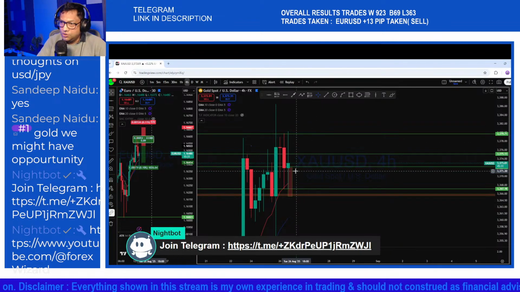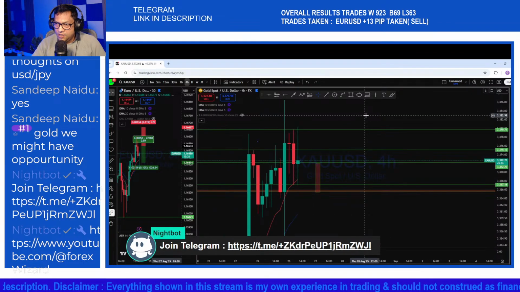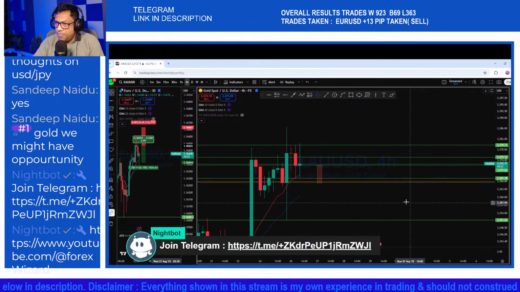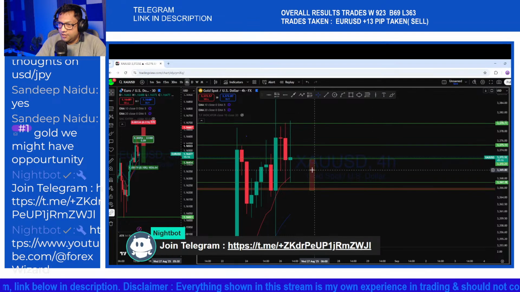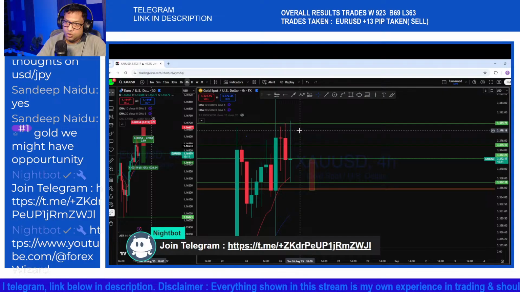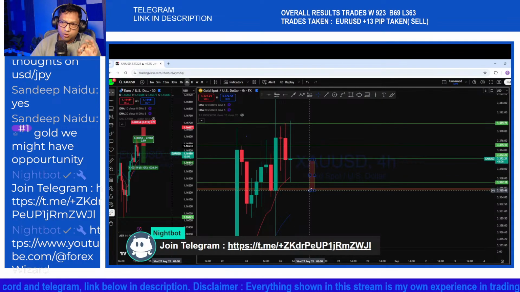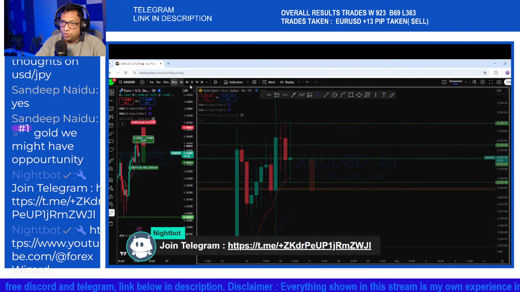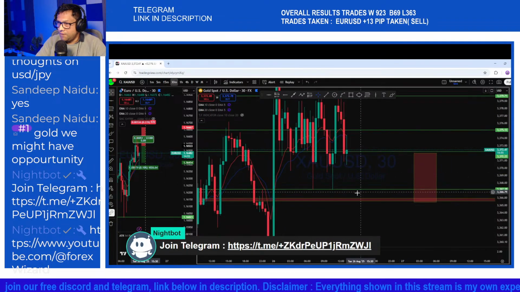Okay, so the 4-hour close. This is the 4-hour candle, which is potentially closing as a doji. And if it is closing as a doji, most likely you'll see the market again revert back below. Now, before this 4-hour candle close, if the market comes to that support that we are looking at, 3367, we will most likely be able to again find a possible buy opportunity.